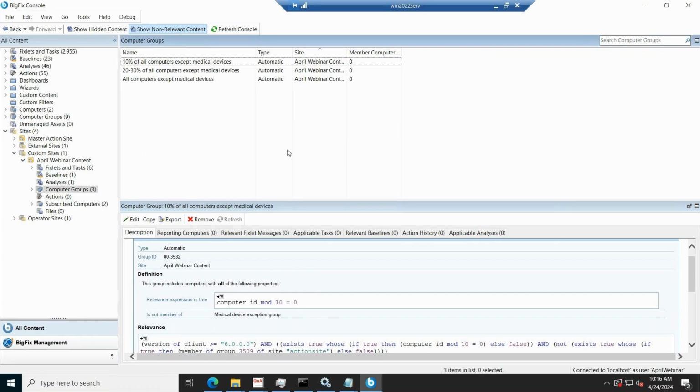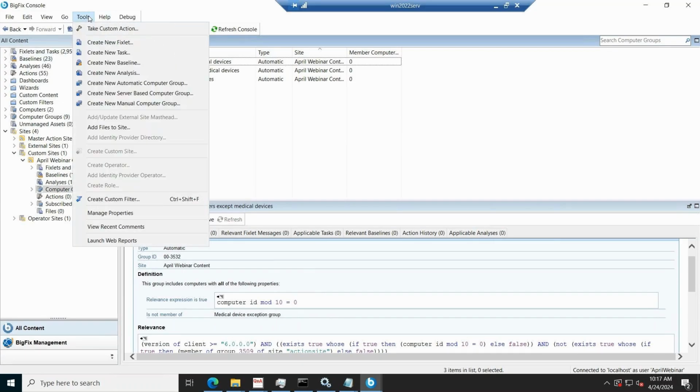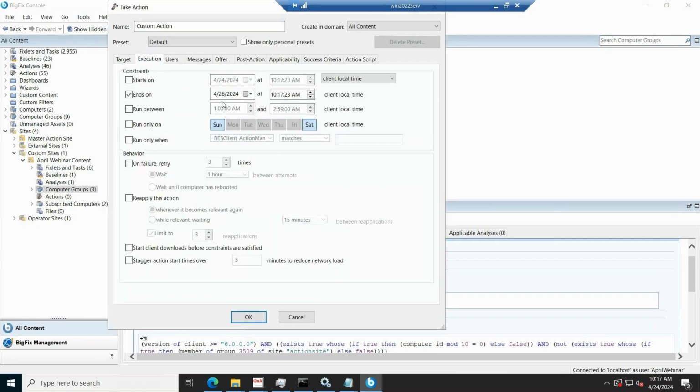Hey, Joe, there was a question that came in on the last topic that I did want to loop back around on for just a minute, going back to staggered actions. The question is the run between window. Like if you say only run between 1 a.m. and 2 a.m. on Tuesdays, is there a chance that some actions might never get actioned because they never get into that window? I think to answer that, we have to remember that the only thing that's randomized is basically the starts on part of the action. So as long as the window hits at least once after that starts on plus the randomization,